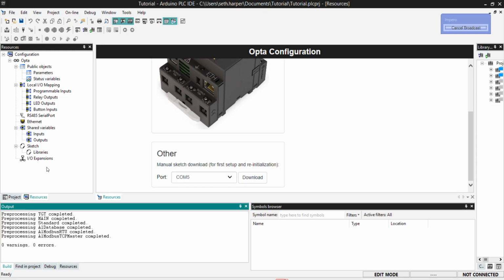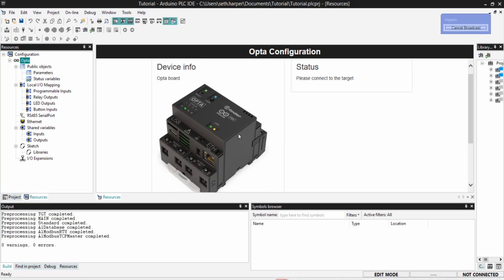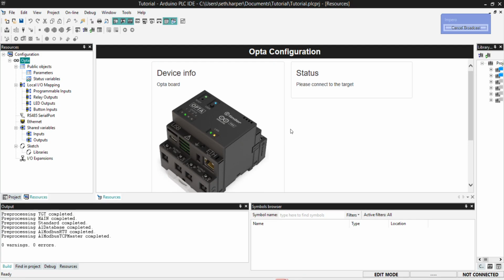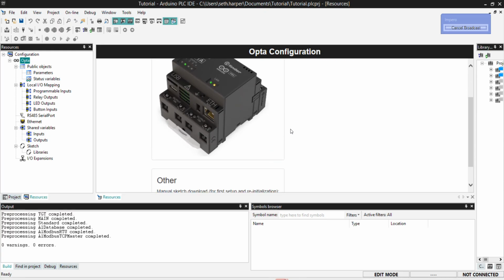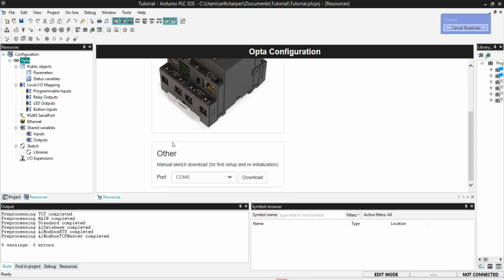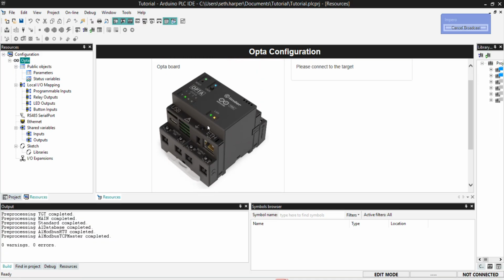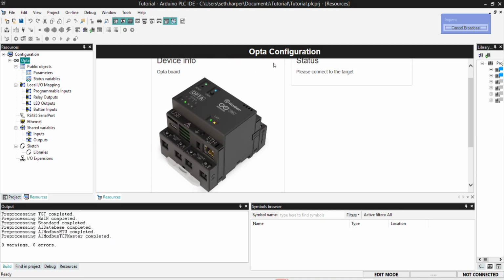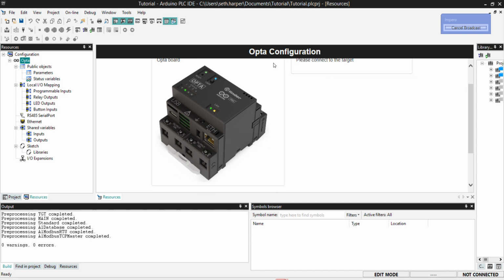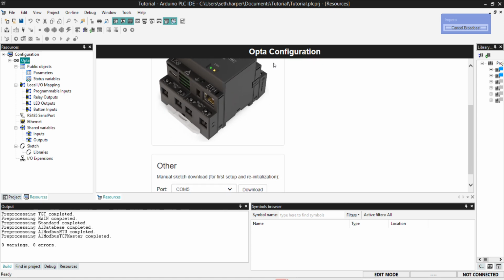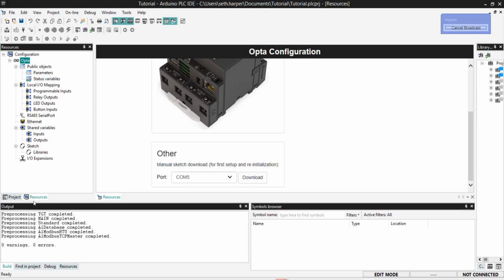Go to the Resources tab, double click on the Opta, and that should bring up the Opta configuration window in the center of your screen. Okay, so just say that again, Resources on the bottom left, double click on Opta, and then that'll bring you here. Another thing I keep seeing people run into is, for one reason or another, they're either missing their Resources